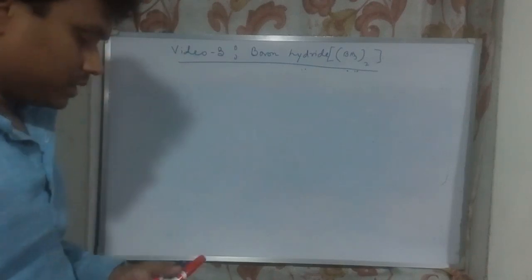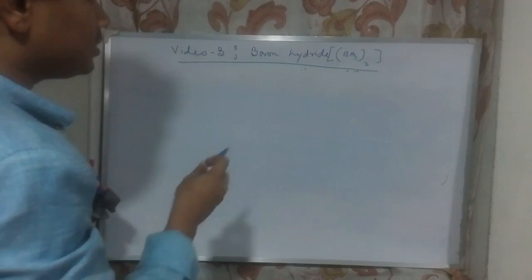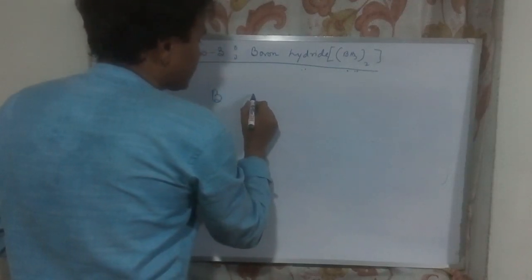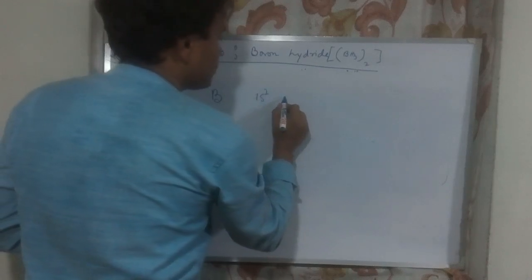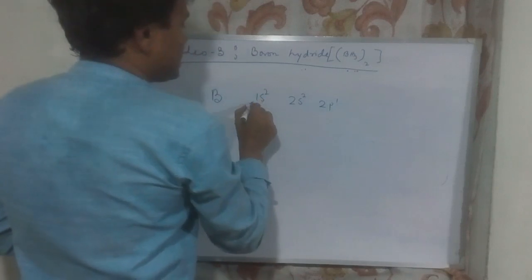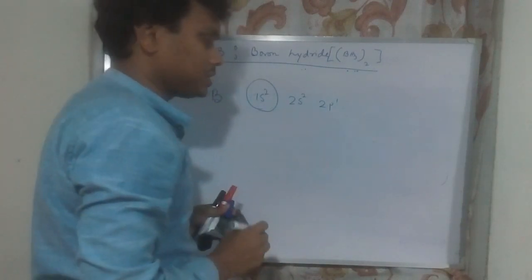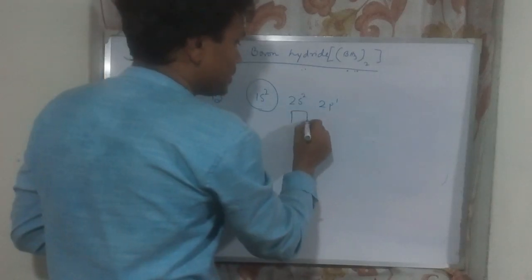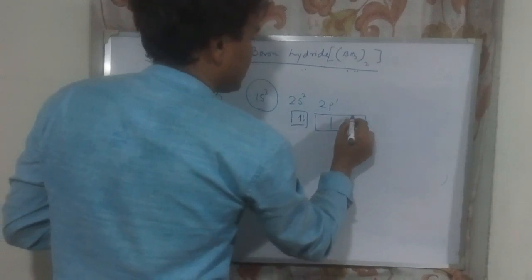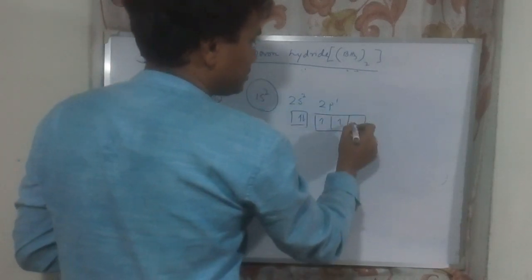So before going to details, I want to mention that boron is a 2p element with an electronic configuration of 1s2, 2s2 and 2p1. This 1s is not the outermost valence shell, that's why 1s will not participate in bond formation. Only this 2s and this 2p will participate in bond formation. And before the participation of bond formation in case of BH3,